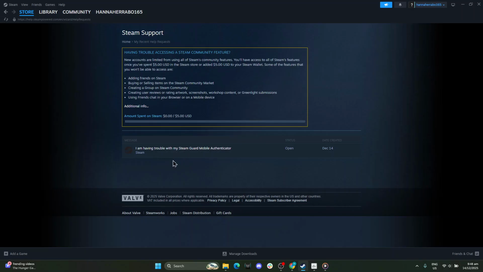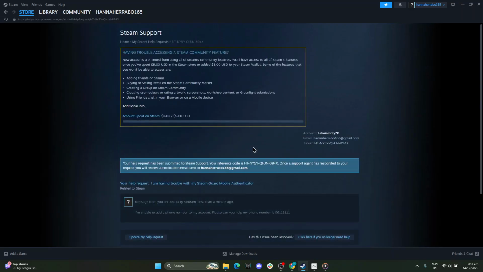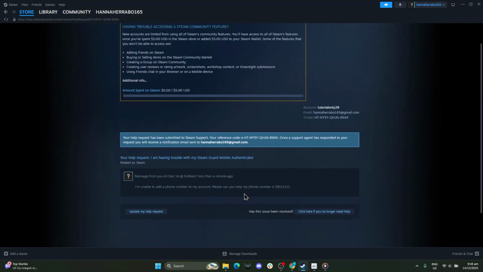They'll respond in that same support area, and you'll be able to read their instructions and follow up if they need anything else. Keep an eye on your email as well, since you may receive notifications about updates to your request. And that's it. Start on desktop, try managing your number from account details, and if it doesn't work, use the help path to submit a clear support request and monitor the